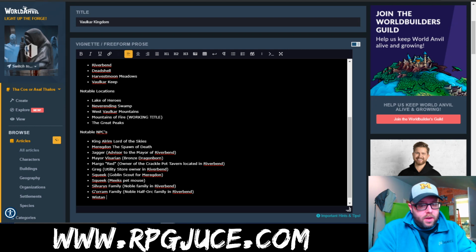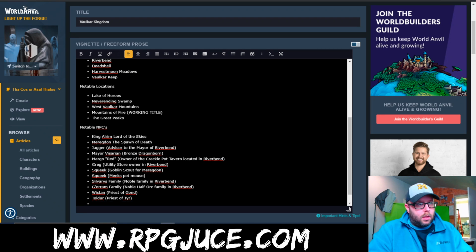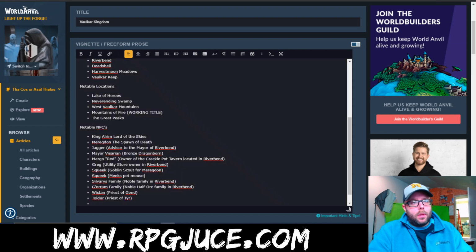Whiston. And for now, I'm going to say he's a priest of Gond. But eventually that's going to change, so it won't be Gond later. It'll be something else. But for now, since in my campaign they are using the Forgotten Realms deities, that's what we're going to do. All right, so then we got Toldor,